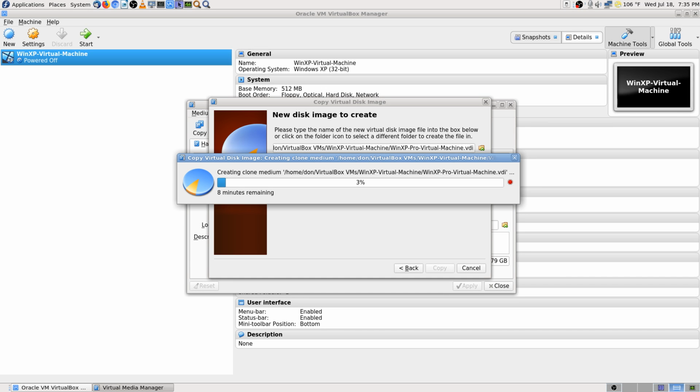Now, see, it should be there, and I'll probably end up with two virtual machines. You know, I'll probably have WinXP virtual machine and WinXP Pro virtual machine. I'm going to release and get rid of the other one, because it's running off of the backup drive. I did that once because